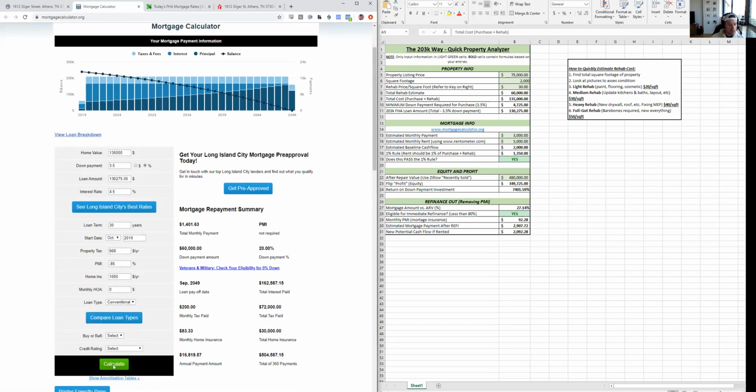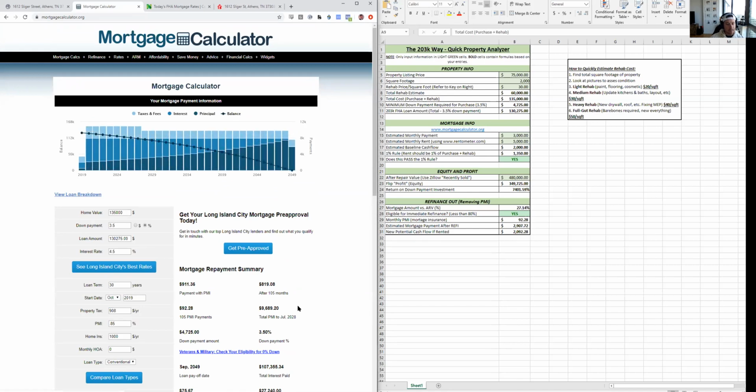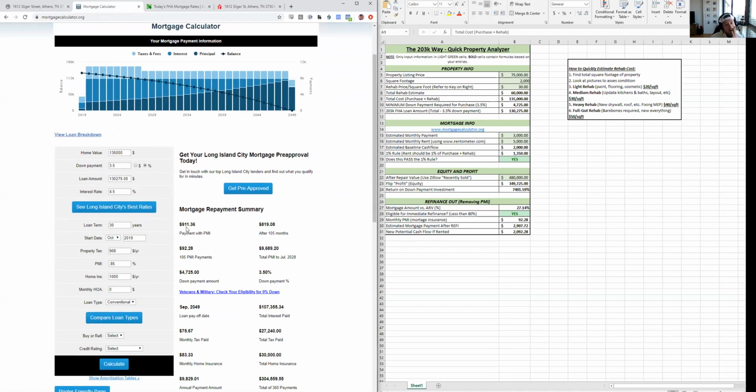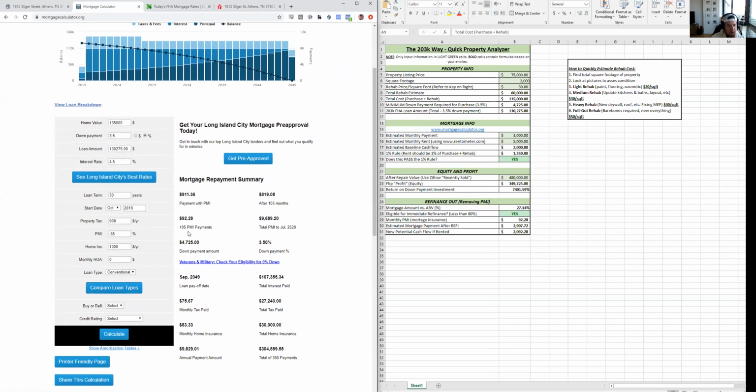All right. So once you do that, you're done. You hit calculate. What it's going to do here is give you what your mortgage payment's going to be every month with PMI. That's going to include all that mortgage insurance that you're paying because it's an FHA loan. This is like everything factored in, taxes, everything. You're paying 75 a month of taxes. So 9/11/36. What we're going to do, guys, is put in 9/11. And now the next thing I want to do is look at what the estimated monthly rent